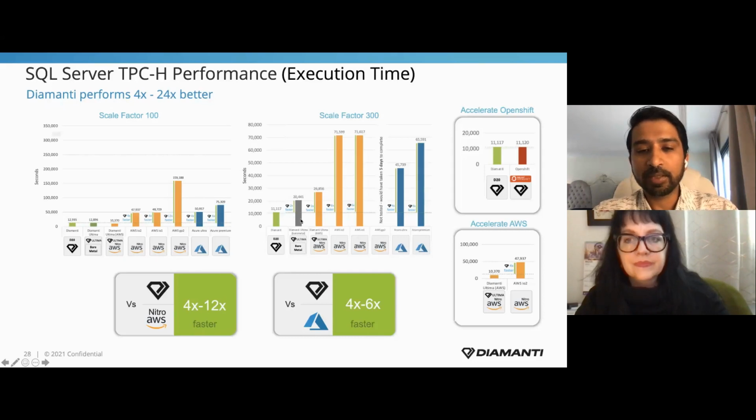But as you look at the right side, when the scale factor is moving up, even though Ultima running on AWS is 4 times faster than AWS with IO2 volume, you can still see that Diamanti D20, which is with the hardware offload, is able to sustain and still give about 2 times better performance than running Ultima software on AWS, because this is the point where you start seeing